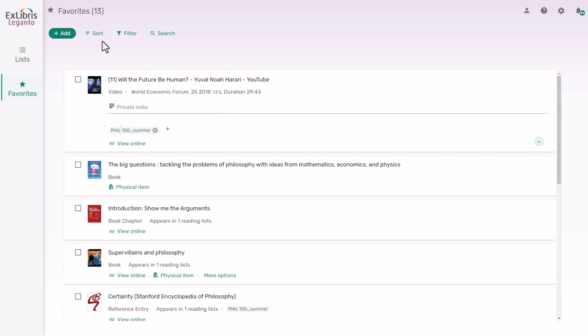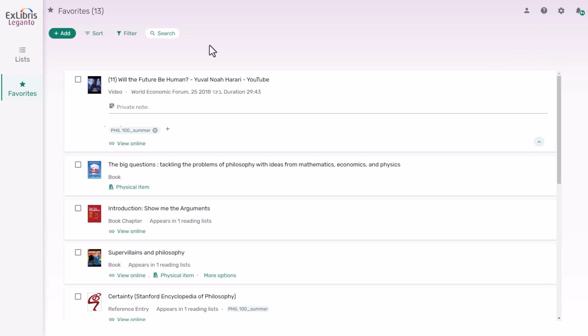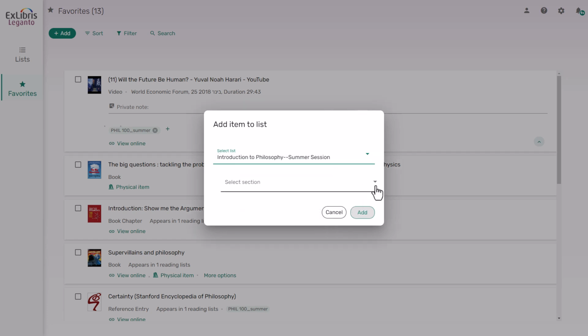You can also sort the list by different options, and you can search for items within by clicking the search icon. You can easily add items that are saved as favorites to a list, either from your favorites or from the list. To add items from your favorites to a list, open the Item menu icon and select Add to List. Specify the list and the section,